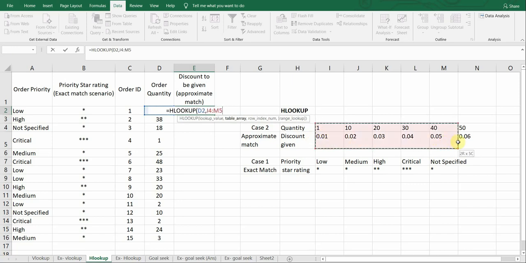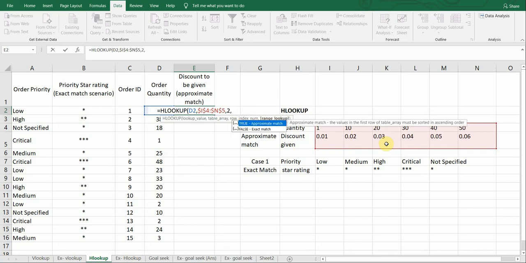So we're just going to choose the lookup table array and we're going to fix that. So we're going to put the dollar symbol. The next one is the row index number. Here again, if you notice, row 1 is quantity and row 2 is discount given. So the row index number that we will be referring to for our discount will be 2. So we're going to enter 2 again.